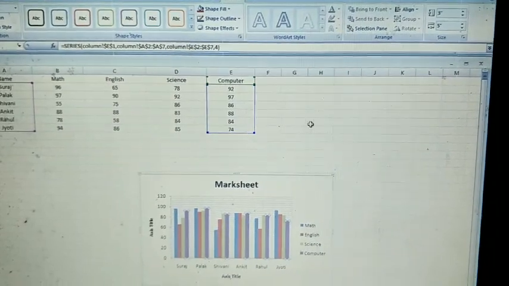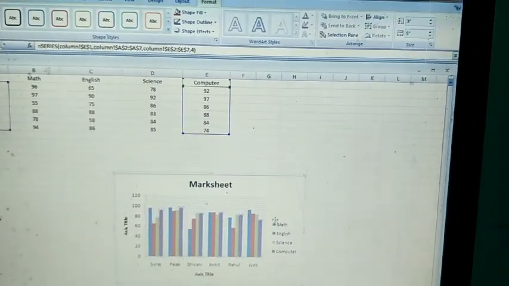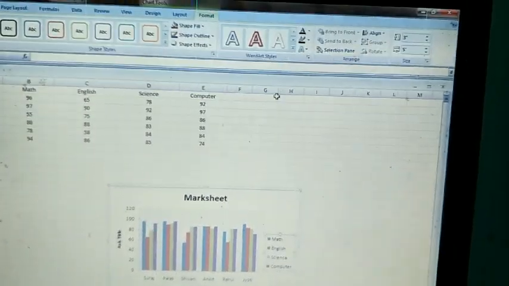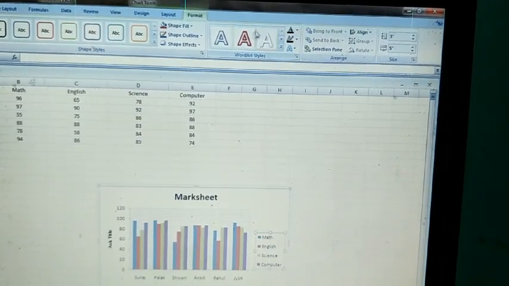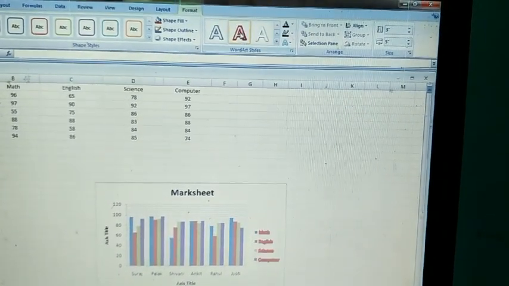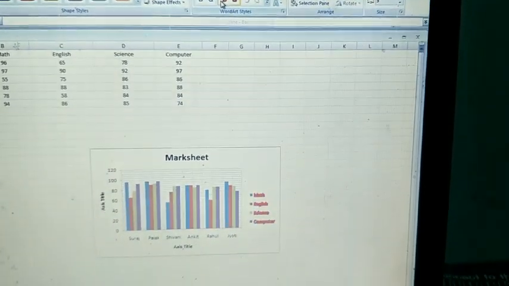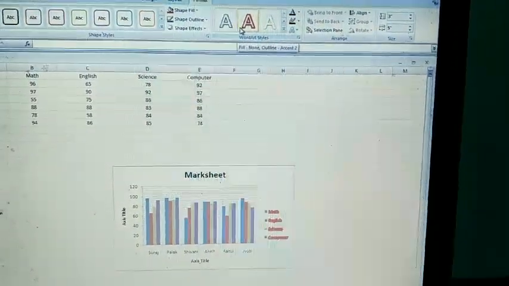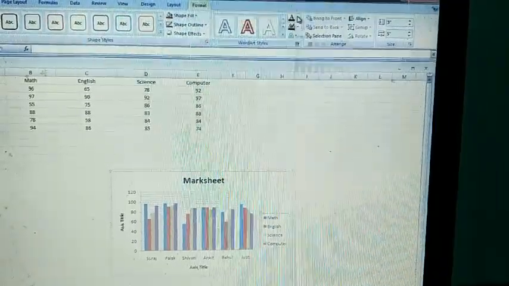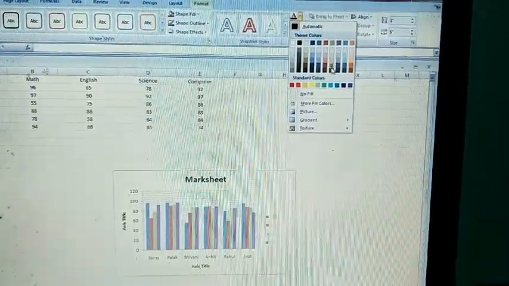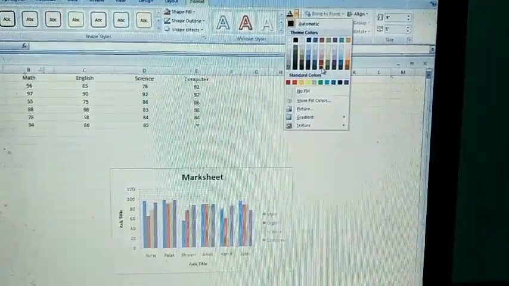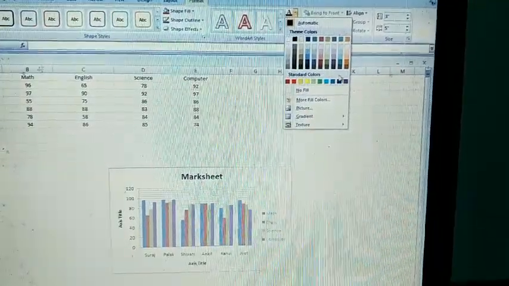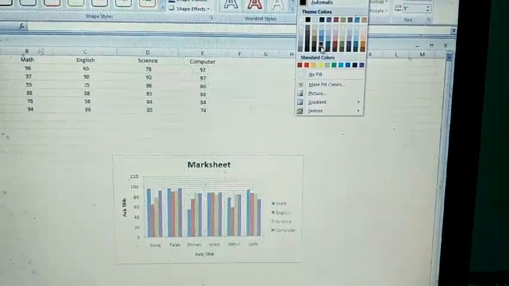Got it? If you want to change the shape of the text, select the text, and after that you can choose a different shape of the text. You can also use the fill color and change the text color.